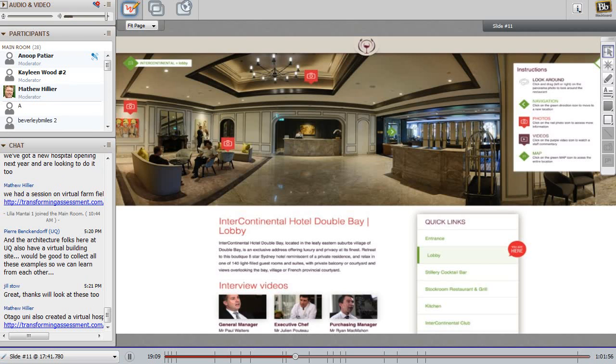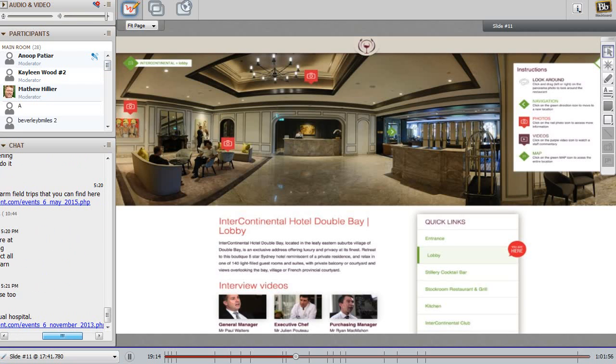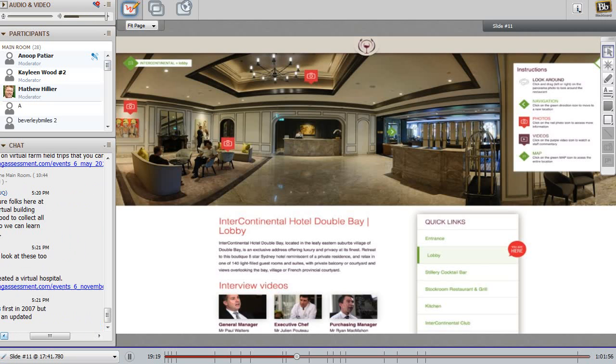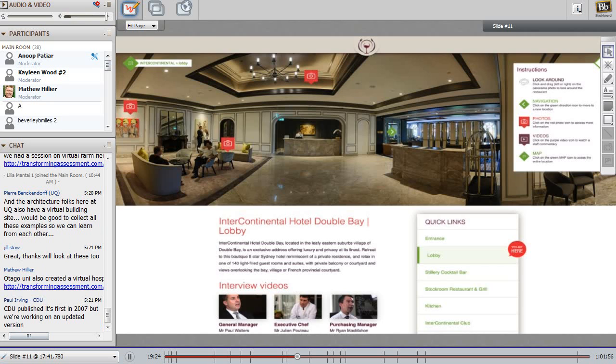And then the next one is about the navigation. So there are two ways to navigate from, let's say, the lobby to the restaurant or to the kitchen, through going through some of these green arrows, or we have also put in some quick links, and students can move through the quick links straight from one part of the hotel to the other. Then also over here you see some of the details about the hotels, and on the home page all the interviews are posted, and students are able to listen to the interview.